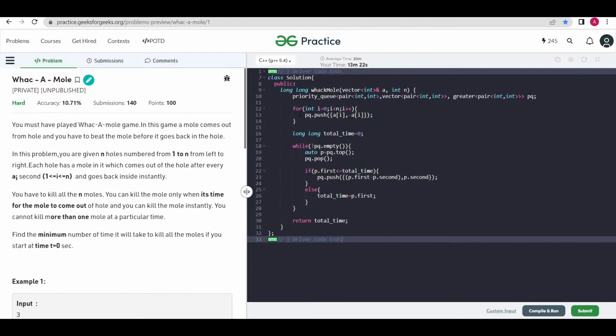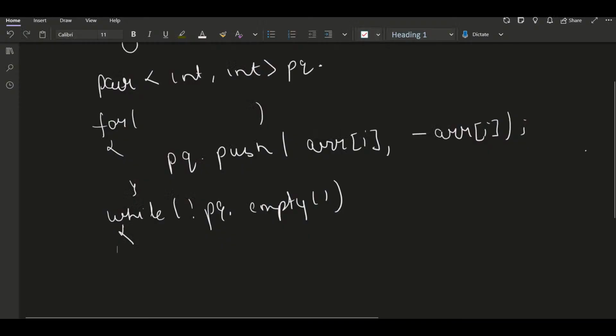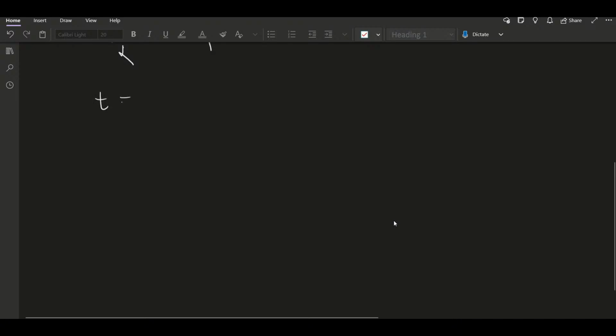Once we have pushed into the priority queue, we initially declare the total time taken as 0. Then while the priority queue is not empty, meaning all the moles are not killed, we take auto p, the top of the priority queue, and then pop that element. Then we check if the first element, which we pushed as array of i, is lesser than the total time. Let's suppose the total time we have done is 4 seconds, and the mole time, the first value we get, is 2. Since total time has already passed 4,